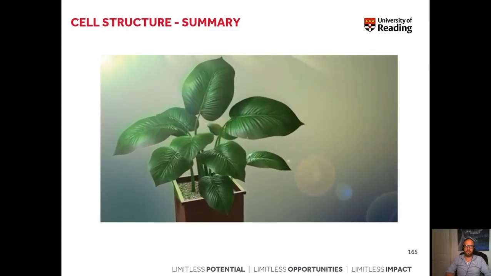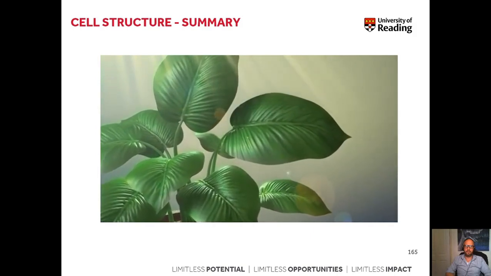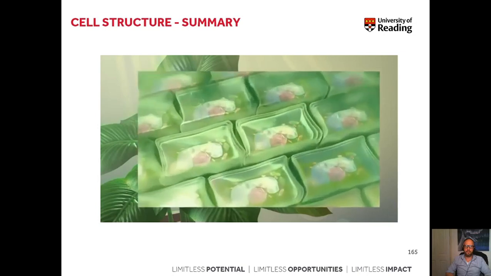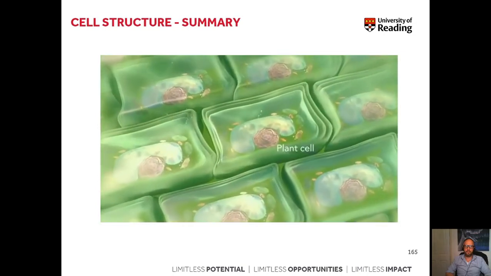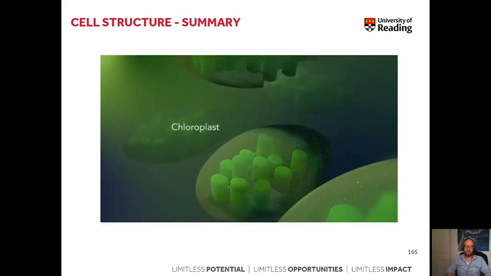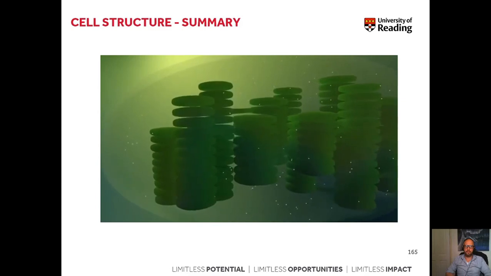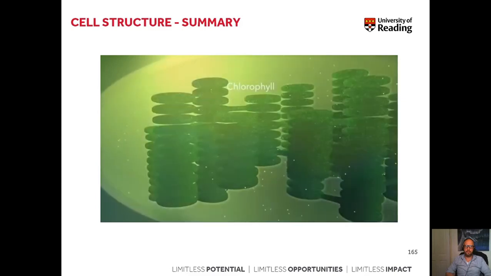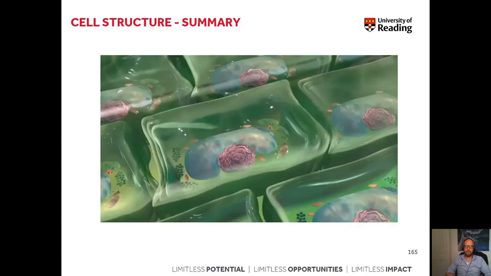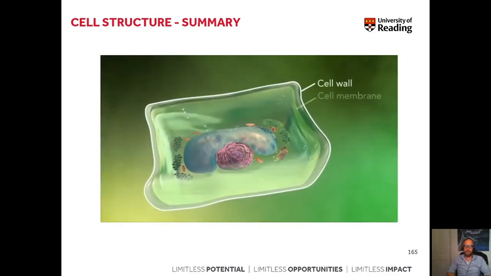Some organisms, such as plants, that are photoautotrophic, meaning they capture sunlight for energy, have cells with an organelle called a chloroplast. The chloroplast is where photosynthesis happens. It's green because it has a green pigment called chlorophyll. Plant cells also have a cell wall outside of their cell membranes,